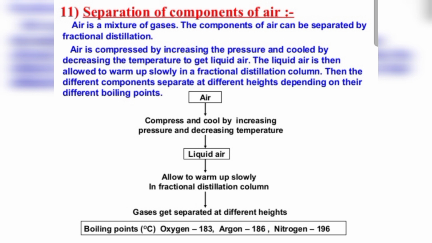Under these conditions air liquefies. Now liquid air is warmed to minus 196 degrees Celsius. At this temperature nitrogen starts boiling off from the liquid air. Then nitrogen is compressed and collected in a cylinder. Then the liquefied air left is warmed further, and at about minus 186 or 185 degrees Celsius argon gas also comes out and is collected separately. Then oxygen, having the highest boiling point, is left behind and filled in the cylinder in compressed state. So by this method we can separate the components of air.